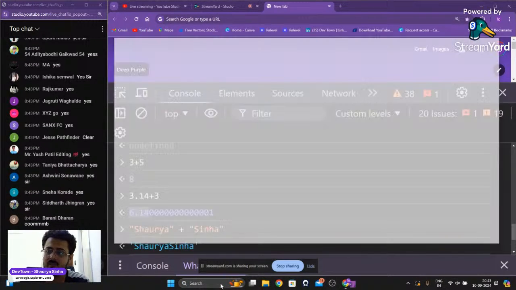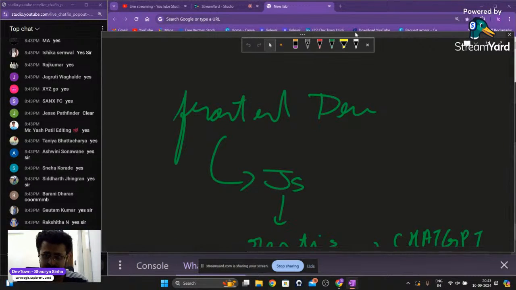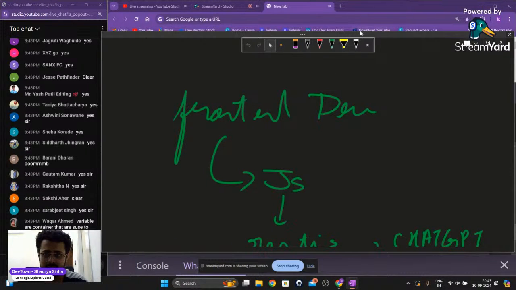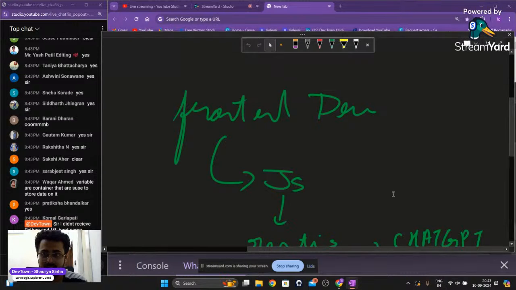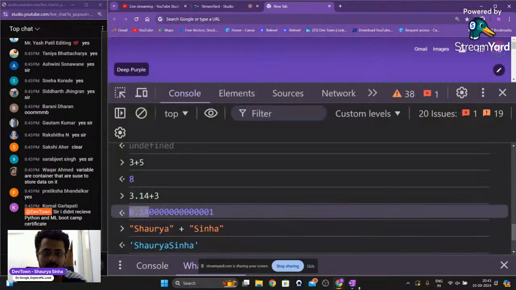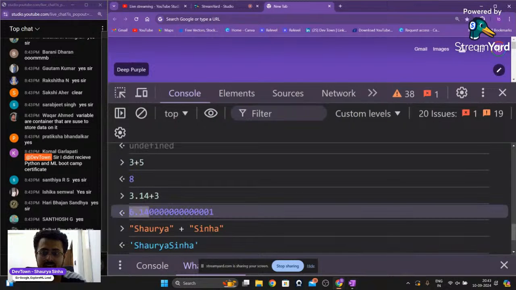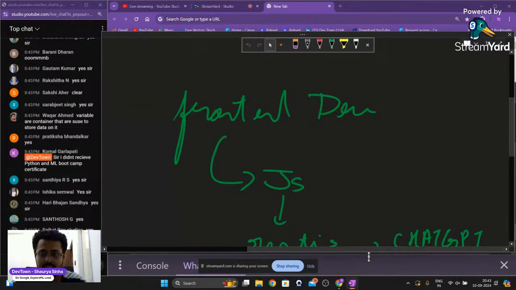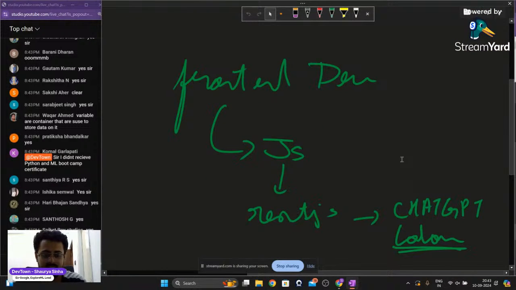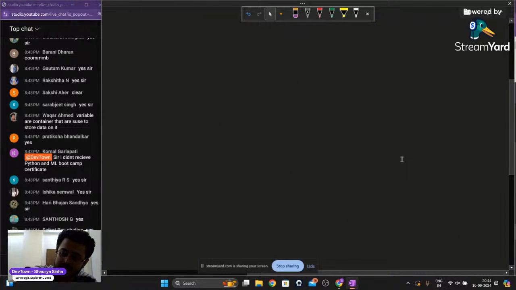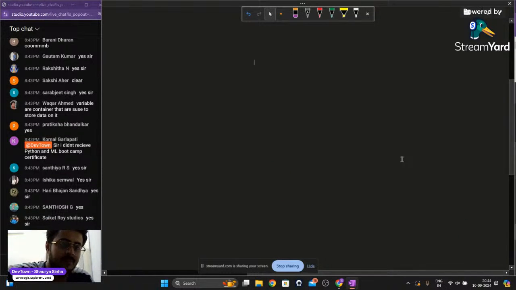One note: this is a very interesting interview question, guys. It has become very interesting because nowadays it is being asked in interviews for both Python as well as JavaScript. Early on it was just for Python itself, but right now they have started asking this question for both Python as well as JavaScript. So we need to understand both of them, right? We'll just delete everything and try to understand why this is happening.